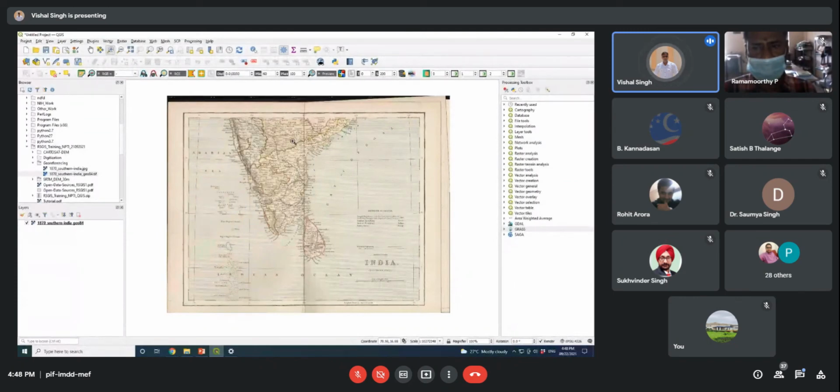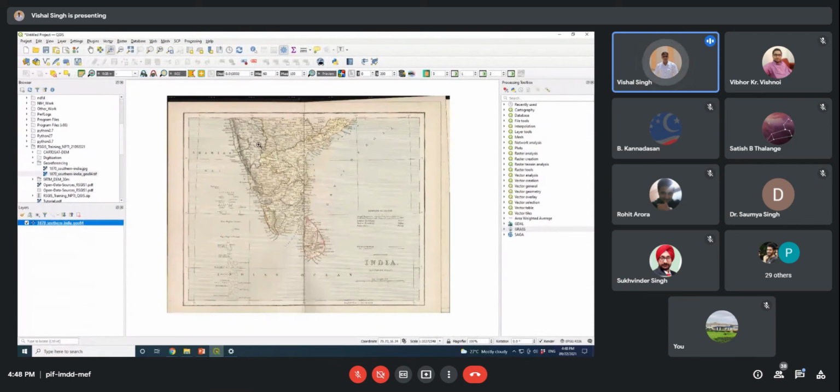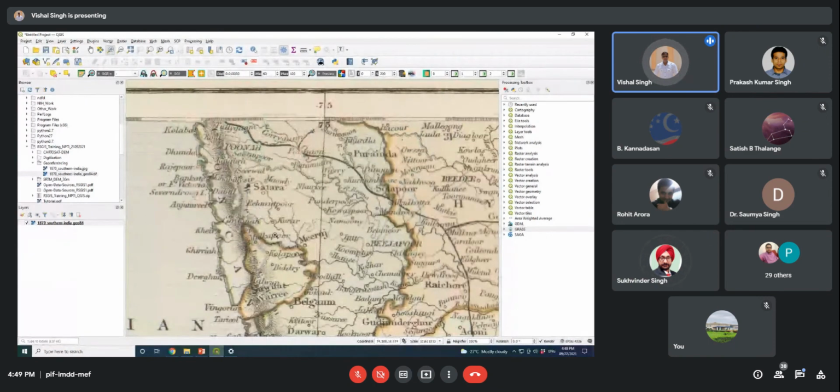I can explain it here. Suppose that I am putting the information like this. So suppose this is my reference map. It can be a satellite map also, or whatever map is referenced. First you need to add it here in the main map window panel, and you identify a known location in this map.